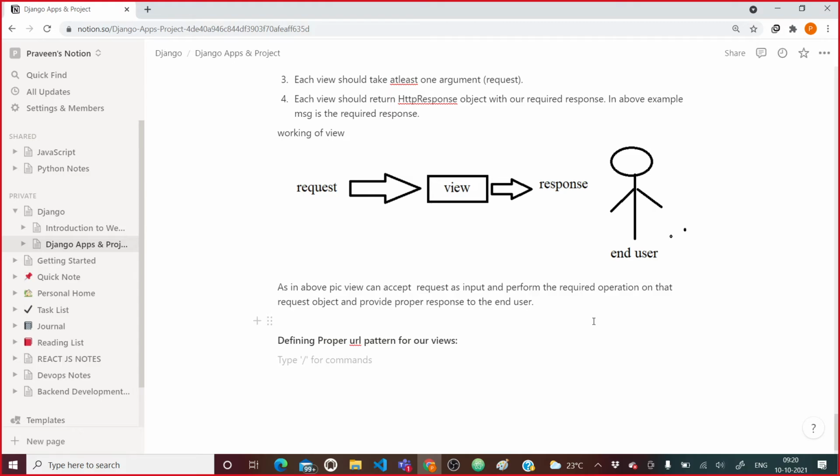So how can we do that? To define the URL pattern, we can use the file called urls.py.